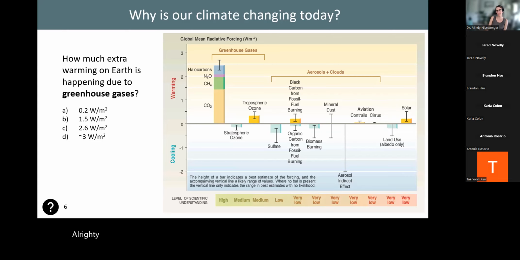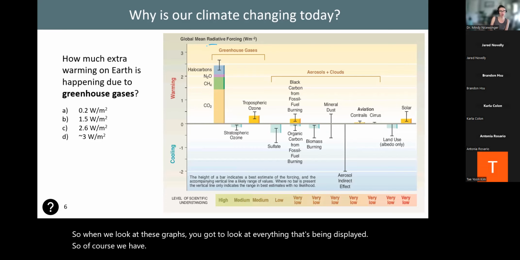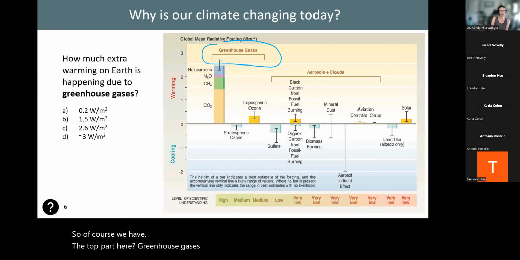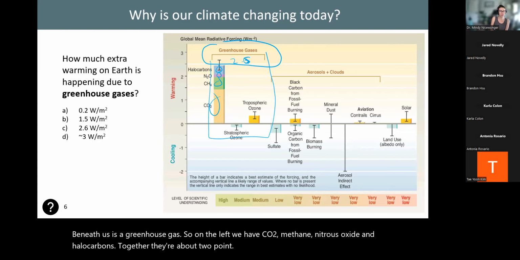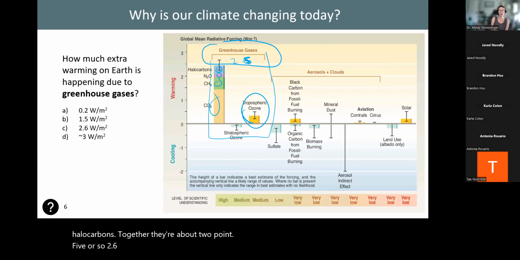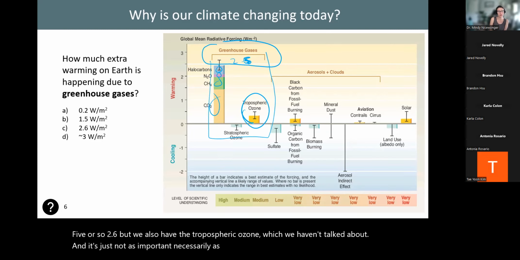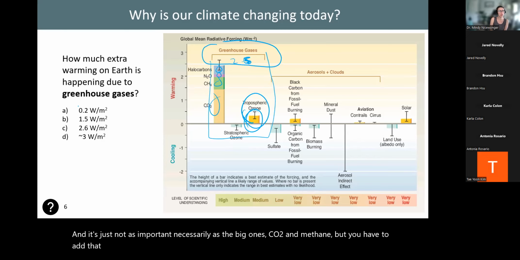Alrighty. So when we look at these graphs, you've got to look at everything that's being displayed. The top part here, greenhouse gases, is telling us that anything beneath it is a greenhouse gas. So on the left, we have CO2, methane, nitrous oxide, and halocarbons. Together, they're about 2.5 or so, 2.6. But we also have the tropospheric ozone, which we haven't talked about, and it's just not as important necessarily as the big ones, CO2 and methane, but you have to add that contributor as well. So it's more like about